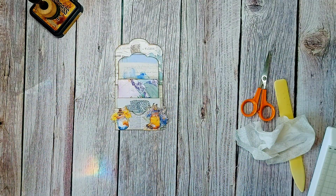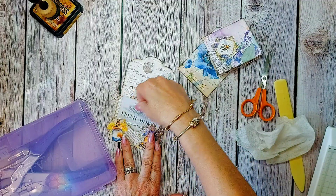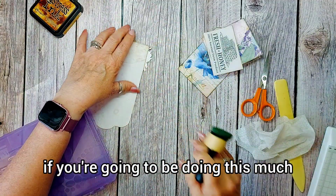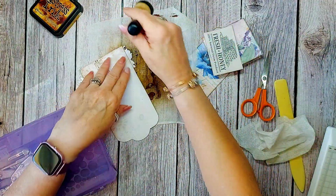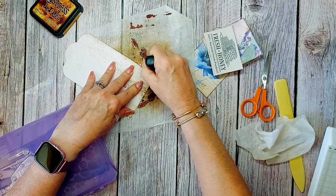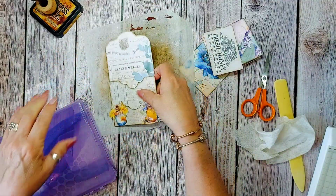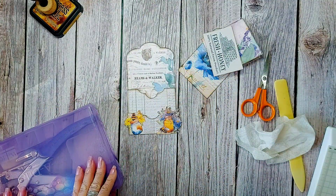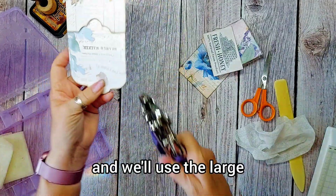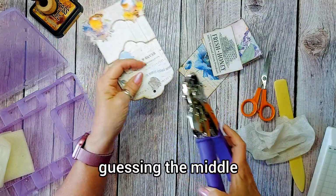And I think we'll do a little grommet. So we'll take these out. Just checking. And when you get something like that, you match it up like that. And there we are, doesn't look too bad. And we'll use the large, the 3/16, and I'm just guessing the middle,